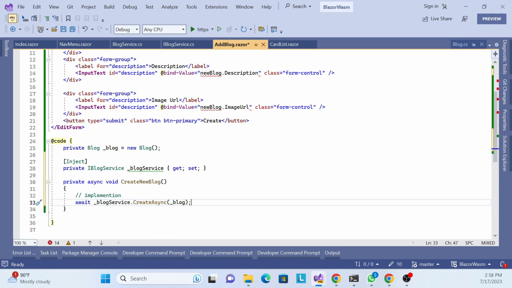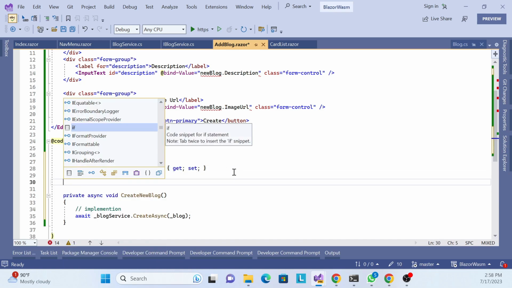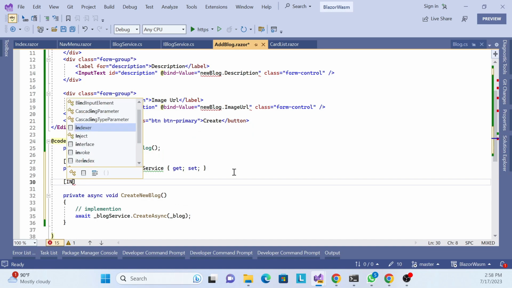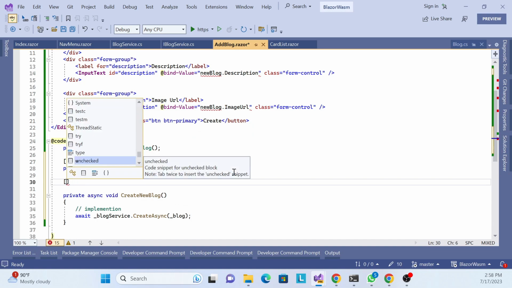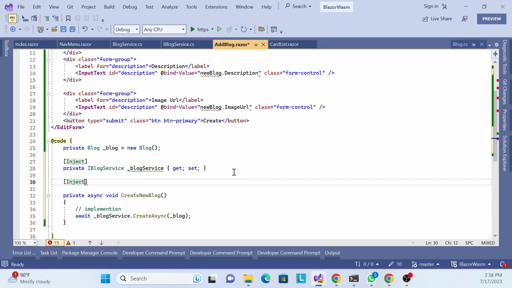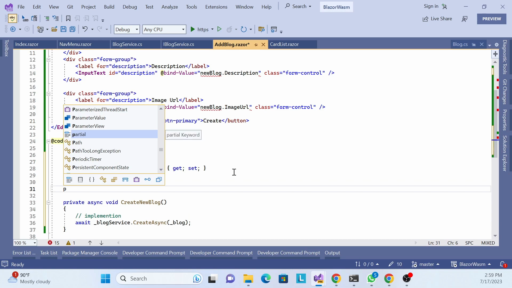So how can we use the navigation? That is another feature. Similar to how we inject a service, I have to inject our navigation service. It is an inbuilt navigation service in Blazor. So just call inject and then private